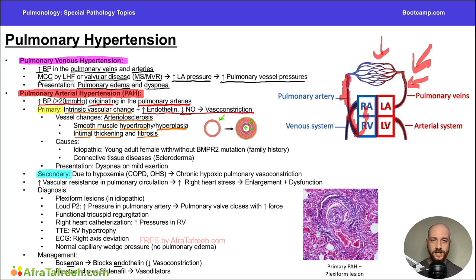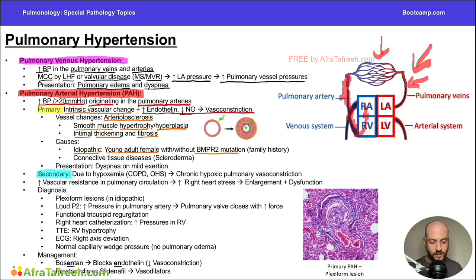vasoconstriction. Now, what causes these vascular changes plus this imbalance in these vasomediators? Well, the first is idiopathic, which means that the etiology is not completely understood, but classically it arises in a young adult female, usually young 30s or so, and they may or may not have this mutation called a BMPR2